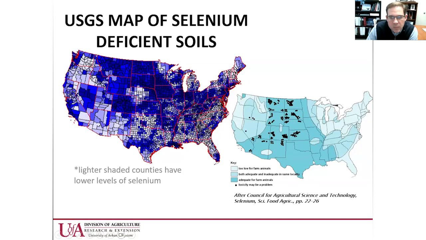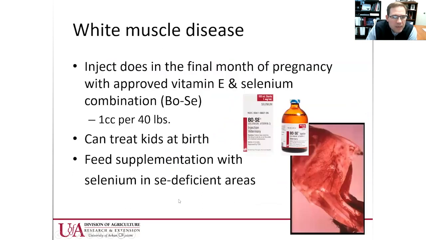And then this one's a little bit older map that I had found, but it too shows that in the Ozark region, you have areas that may be inadequate in terms of selenium levels. So always a good idea to keep selenium supplementation for your animals. What I look for on a mineral bag is selenium at 25 to 27 parts per million. That's what you want to see on the feed tag if you're buying loose mineral in a bag. The other thing that we do here is we inject BOSE, which is an injection of selenium and